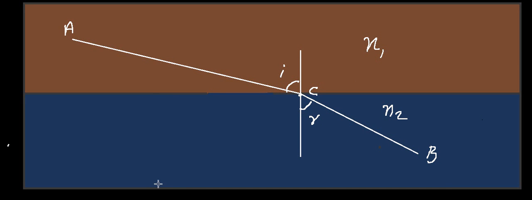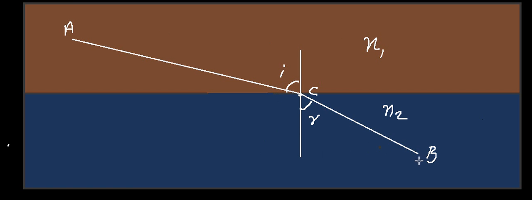When a light ray travels from a rarer medium to a denser medium, the light ray travels faster in the rarer medium and slower in the denser medium. Let us apply this same situation to a real-time example. This is the land and this is the water. These are two mediums. Let us assume that at point B, a girl has fallen out of the boat and she is screaming for help.